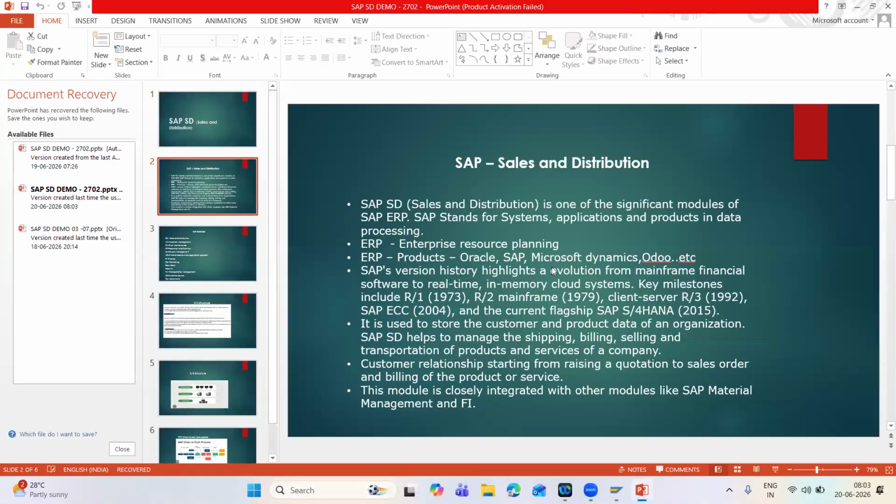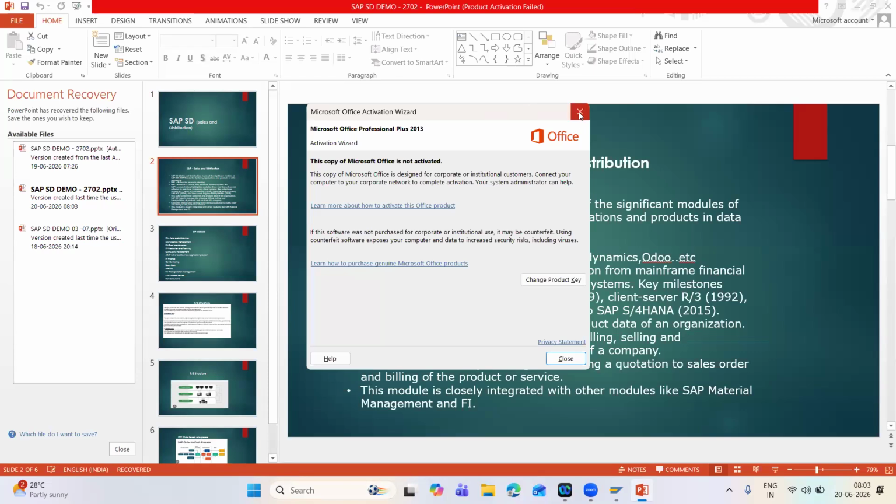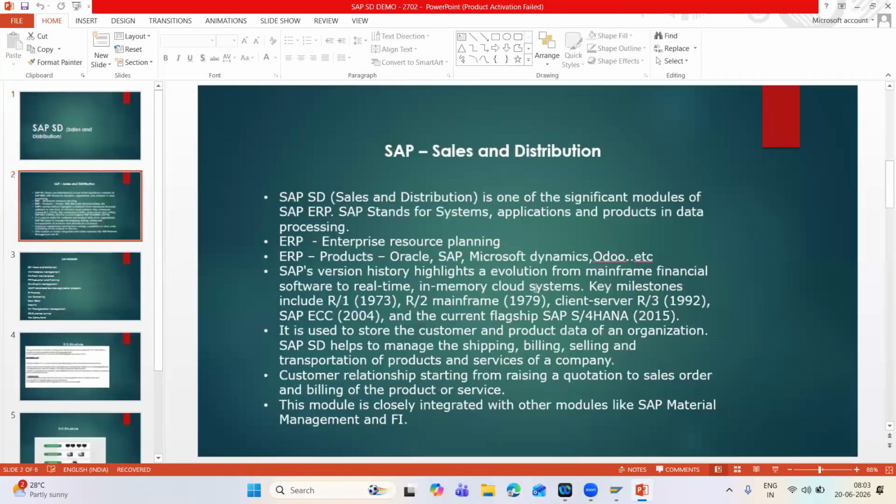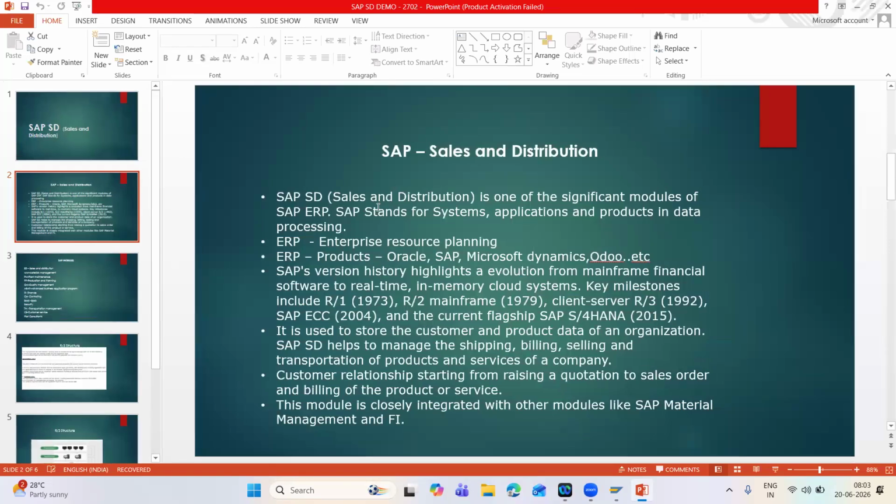Okay, I explained about the SAP introduction, and this is ERP, Enterprise Resource Planning, and ERP products: